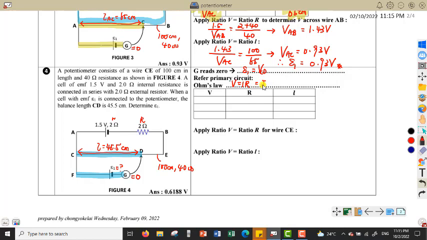The resistance can relate with the length of the wire, whereby we have rho L over A. That's why we know that our voltage must be proportional to the value of resistance, and the voltage can also be proportional to the length of the wire. So boys and girls, again I remind you, if you refer to the primary circuit,